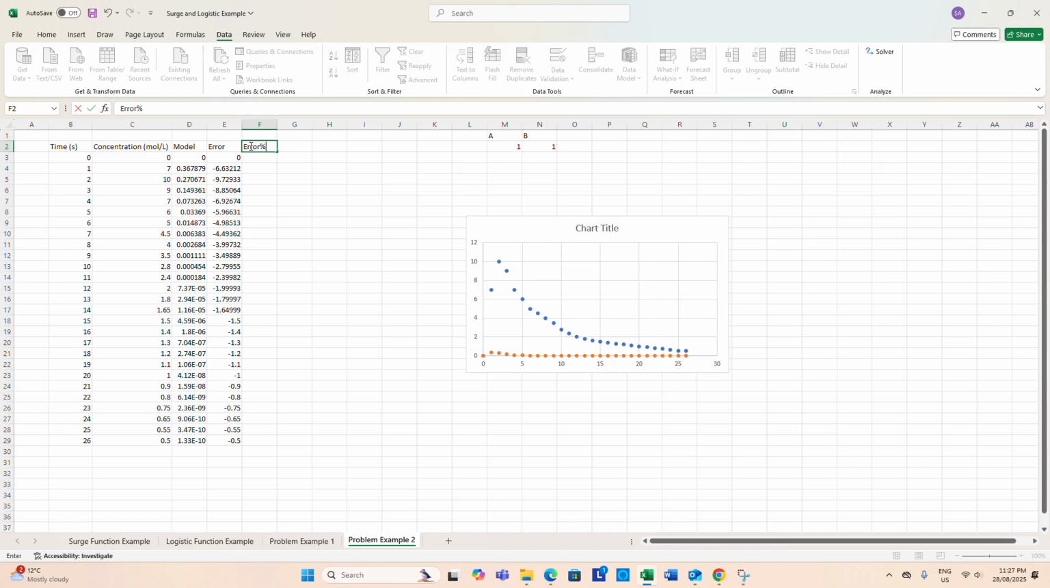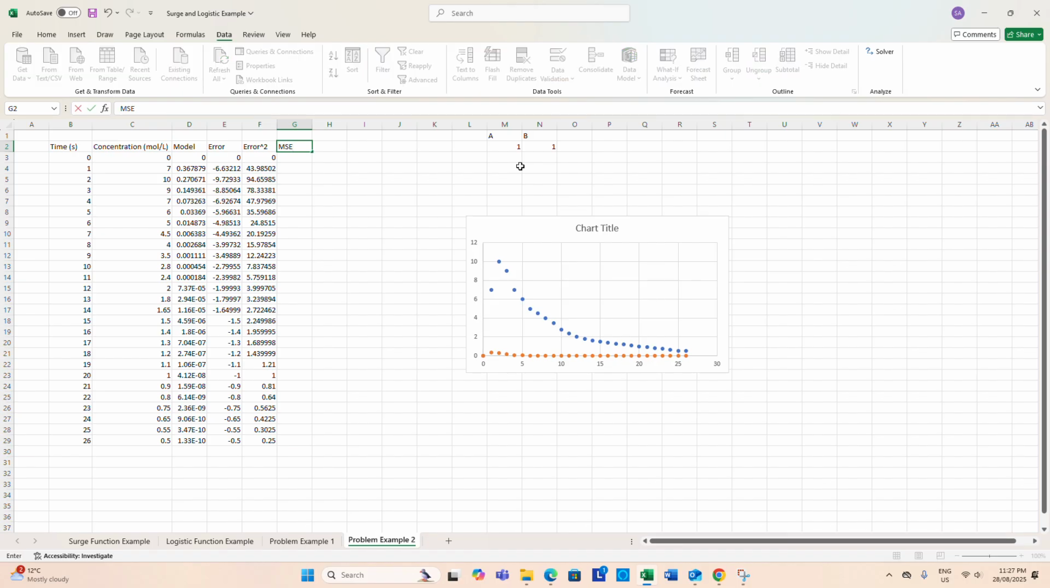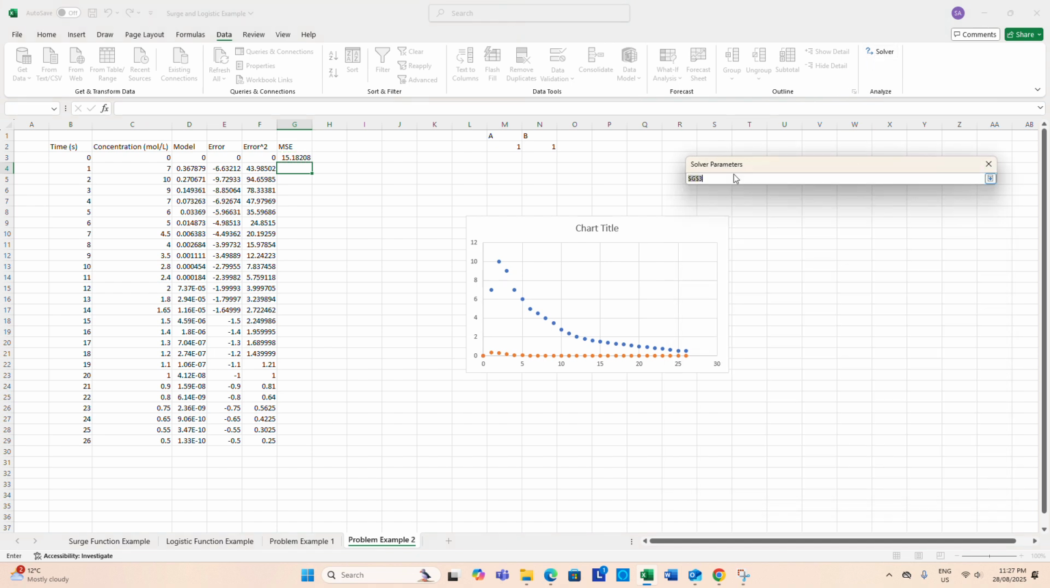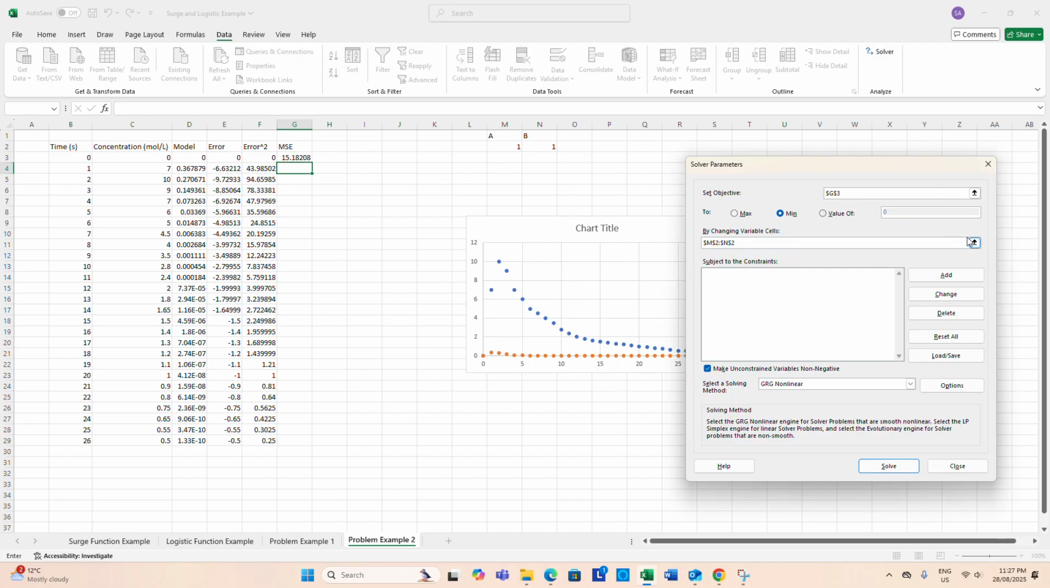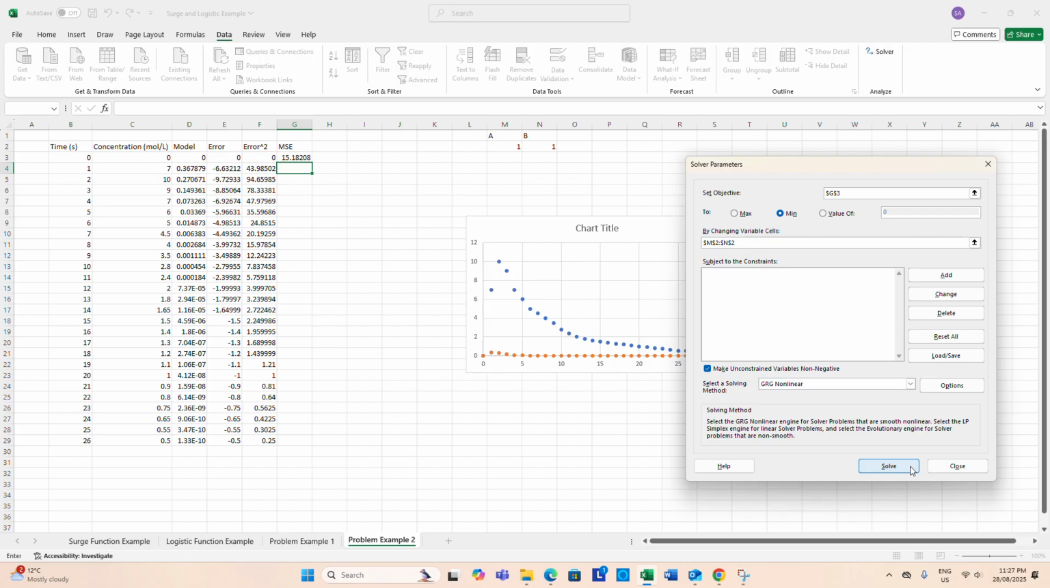Error squared. And just to remind you, I label these things because it's good to be organized in Excel, but it doesn't actually do anything to the numbers by having these labels here. And then MSE is the average of all of these numbers here. Excellent. Okay, so we've got this, and we can run Solver by selecting this as our parameter to minimize, and we're going to be changing these two. Okay, and we'll see that if we run this,